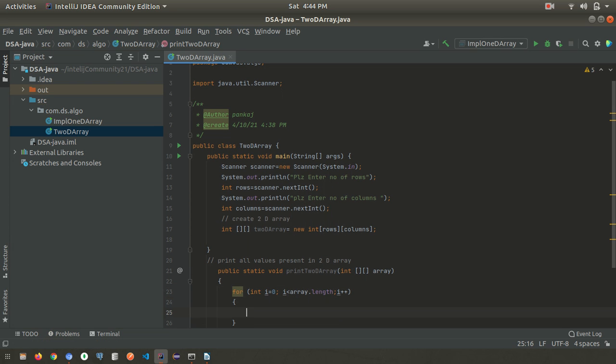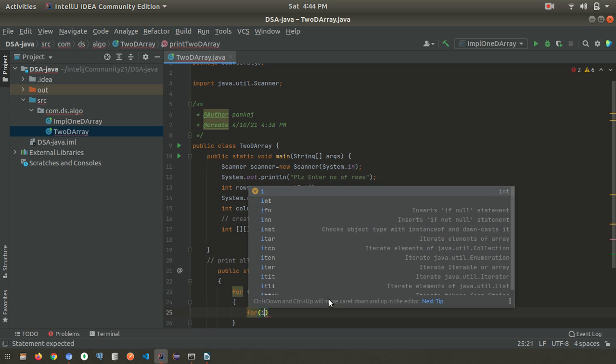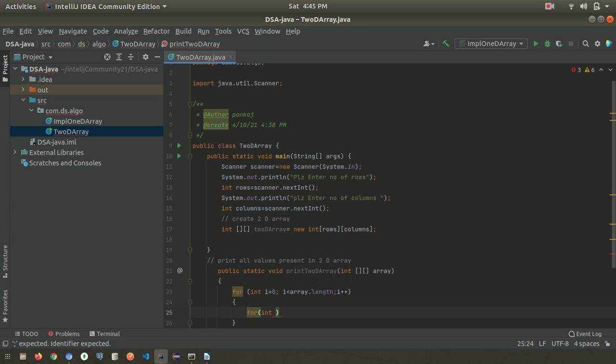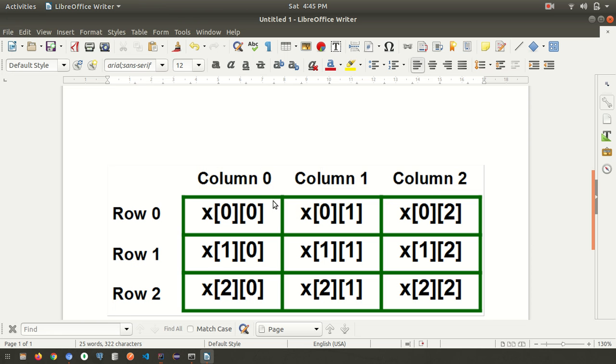This loop is for rows, and now we'll give one more loop for columns. So int j equal to 0, j is less than,